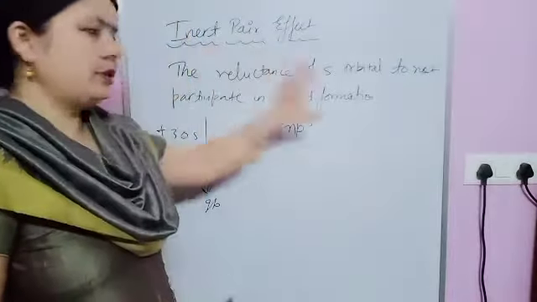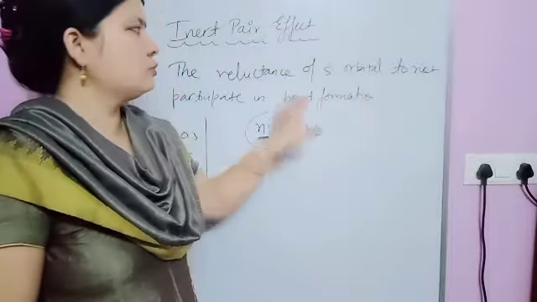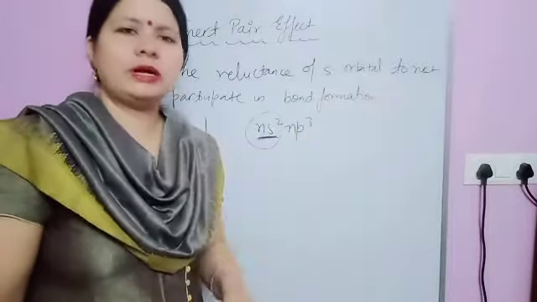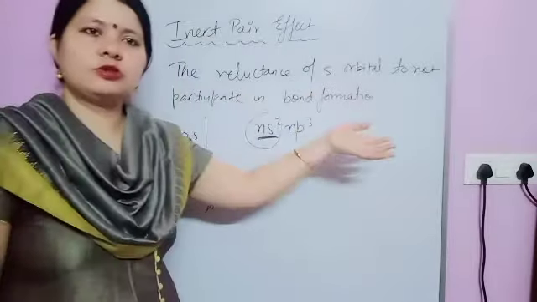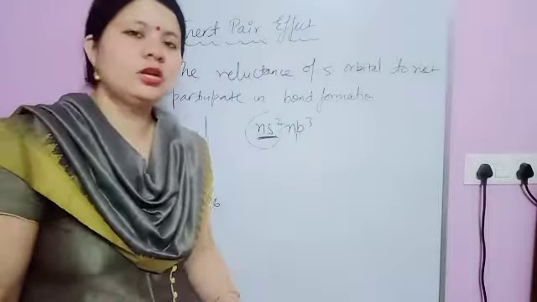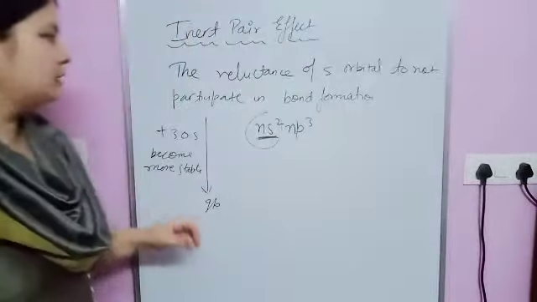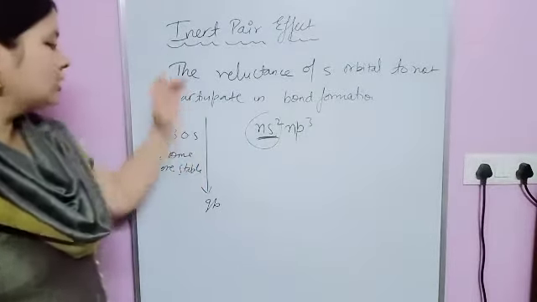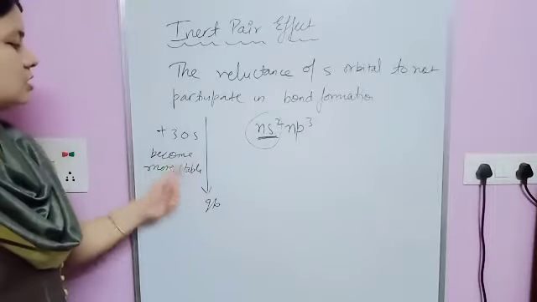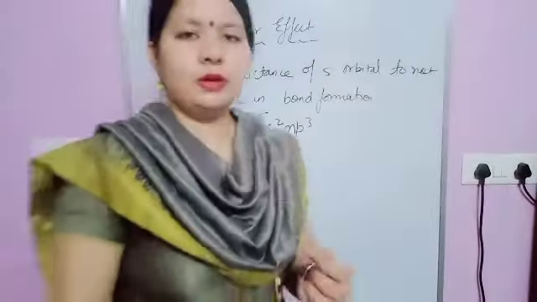I hope the inert pair effect is clear to you: the s orbital shows unwillingness for bond formation and does not participate in reaction. This is applicable for the 16th group as well as the 17th group, which is why it is very important. Regarding the 15th group, they show +5 as well as +3 oxidation state. As we move down the group, the +3 oxidation state becomes more stable due to inert pair effect.